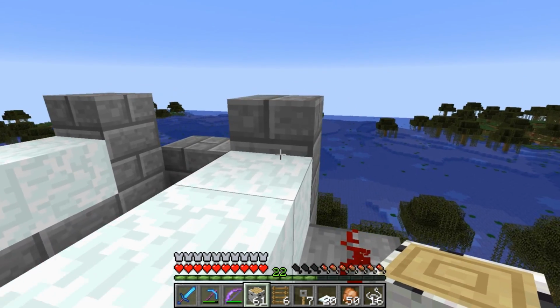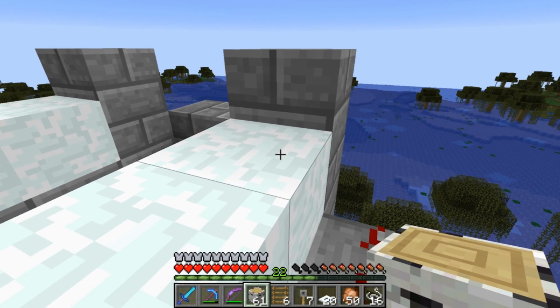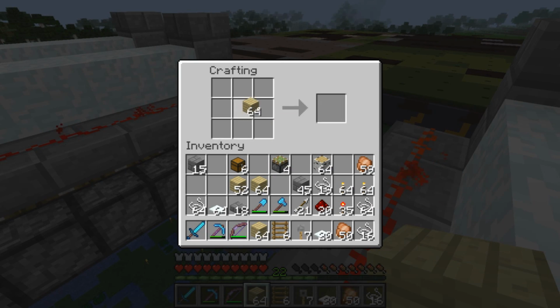So our snow layers are all down, 7 blocks high. You can see just a little bit of the other block showing right here. So this is 7 blocks. And then this basically allows you to place boats here. So let's just go ahead and craft ourselves some boats. Gonna need quite a number of them. And let's see, what do we not need right now? We don't need...